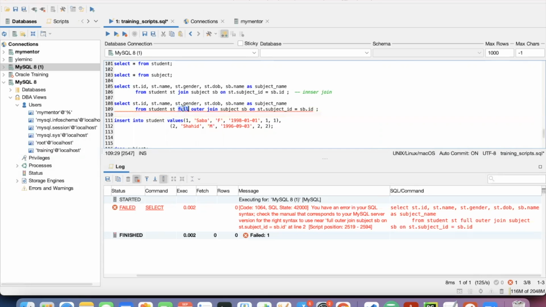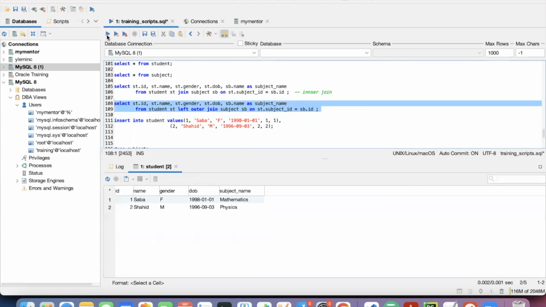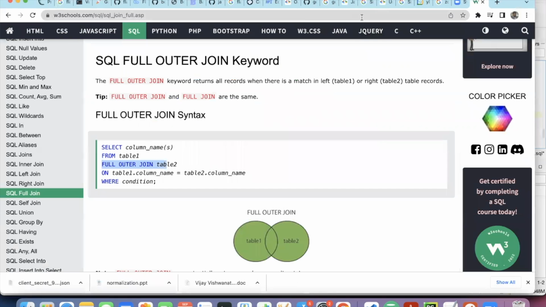Yeah. So left join, in this example, gives the same data whatever we have in the inner join. Left is the first table in the join, the student table. That means it is asking you to bring all data from the left, and then the joined column data on the right. If you take a Venn diagram,